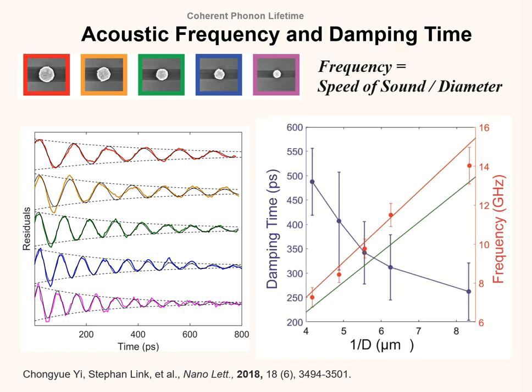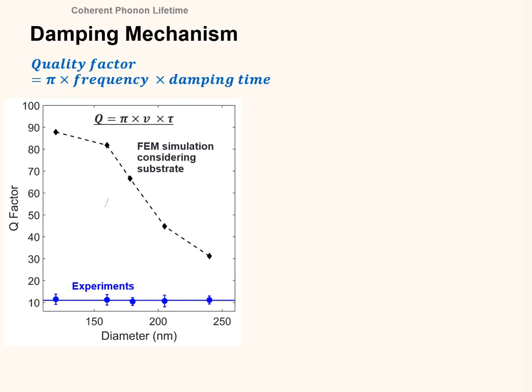But what I'm interested in, for electron beam lithography, is that this mechanical energy will relax into the environment. My question is how fast this mechanical energy can relax to the environment. So I have been using the quality factor to determine the damping mechanism. First, I change the size, because a bigger nanoparticle has stronger coupling with the nanostructure. The energy flow from top to bottom will be faster, which is predicted in our simulation.